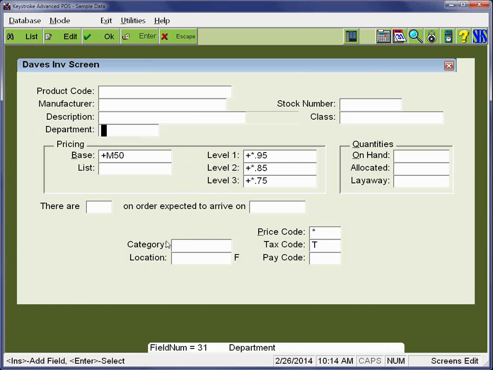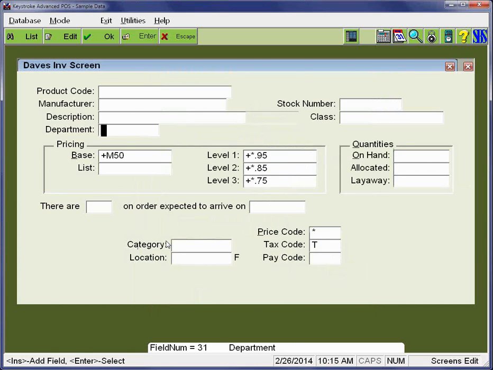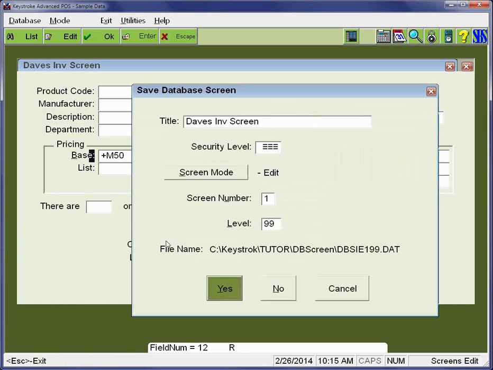What happens when you move these fields around, if I hit F3 here, it's field number 31. You see that at the top of the field definition box. This would be field number 30. You see it's also displayed down here. Well, this base price below it, that's field number 12. So right now my cursor, if I just saved this,